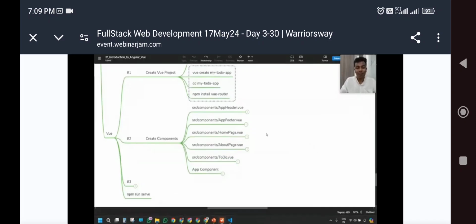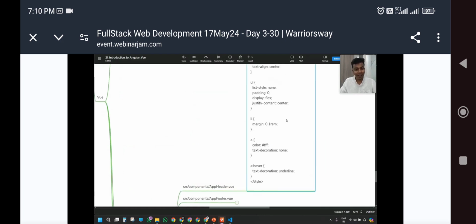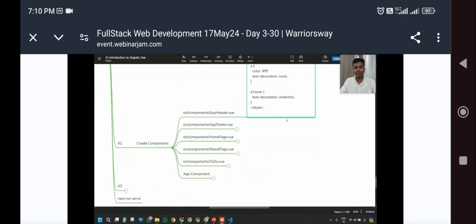Right now, because you have already done the same for both Angular and React. So now we are doing it with the help of Vue, the same application. If you look at this code, you will be really happy because it's going to be very, very easy. Do you remember, at the beginning of our series,